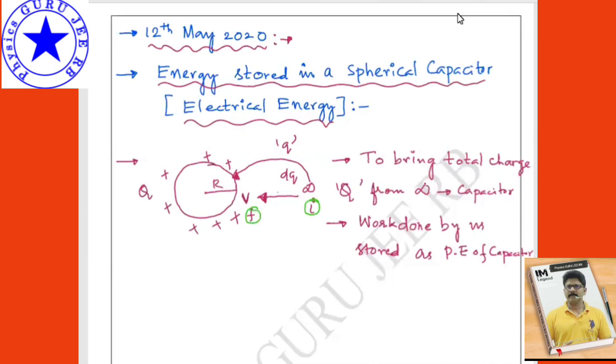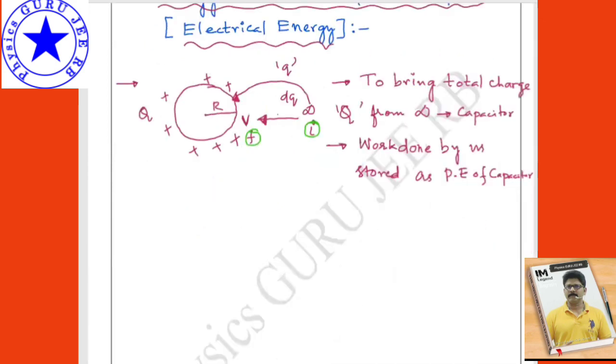Now to continue with this, we know that whenever there is a charge, some potential will be developed. So the potential on this particular sphere, V is equal to KQ divided by R. This is nothing but the total potential, right? But initially it is not a capital Q. How much is it? Small q.